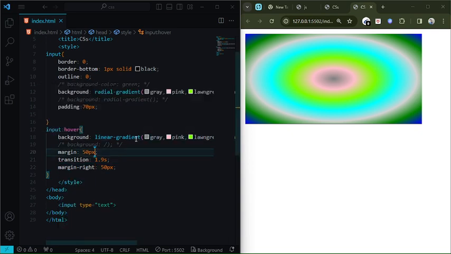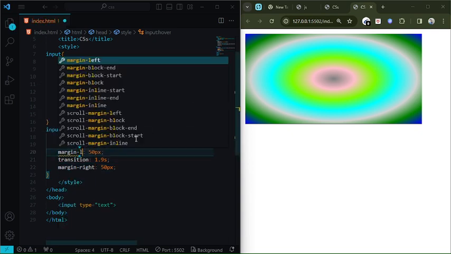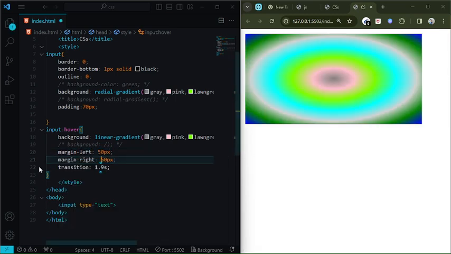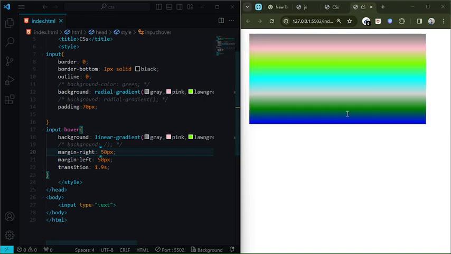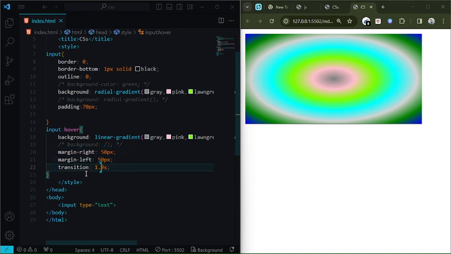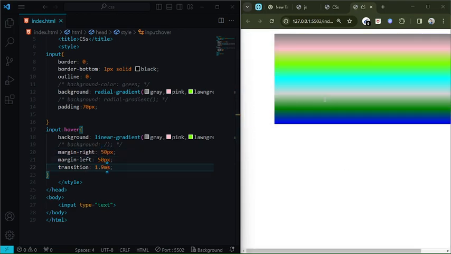Margin right, after first there will be margin left, and there will be margin right like this too. So the margin is coming. So we can put the transition like ms, like with the minute, like the milliseconds,